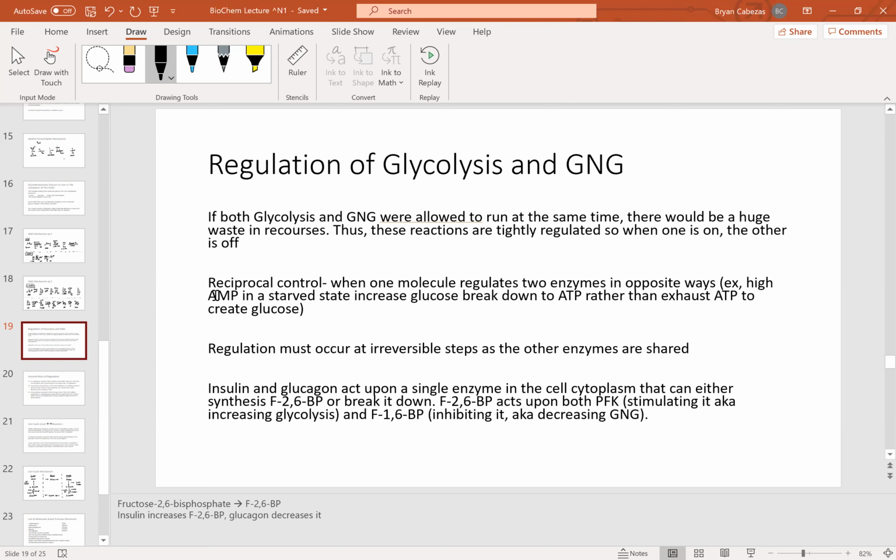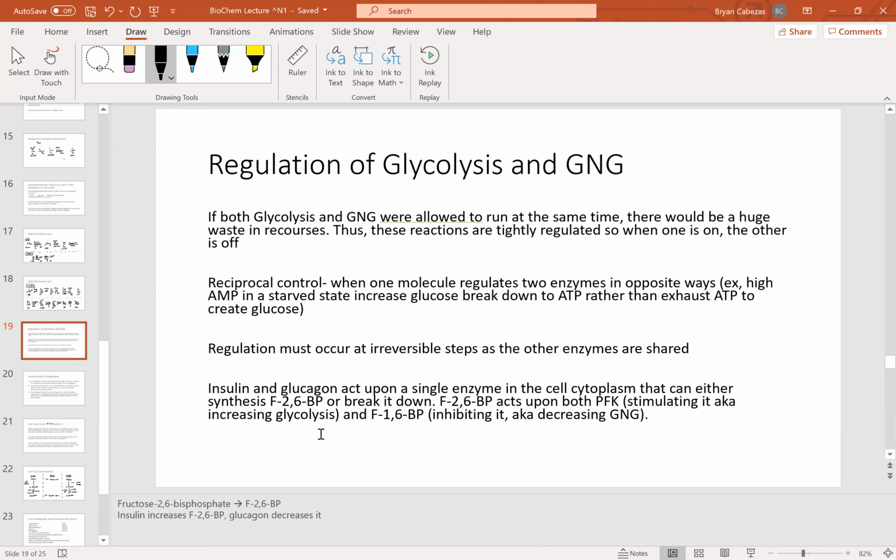And for that reason, due to reciprocal control, the production of fructose 2,6-bisphosphate is going to help PFK, and it's going to inhibit fructose 1,6-bisphosphatase, which is found in gluconeogenesis. So kind of think about it like a brother stabbing another brother in the back. It's like, oh, we're very similar in name and structure, I thought you would help me out. And it's like, nah, man, I rock with phosphofructokinase, I rock with them better. So fructose 2,6-bisphosphate is going to be helping out PFK, helping glycolysis, and inhibiting fructose 1,6-bisphosphatase, an enzyme found in gluconeogenesis.